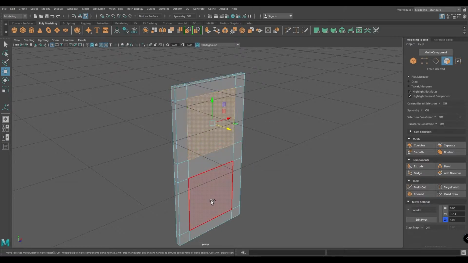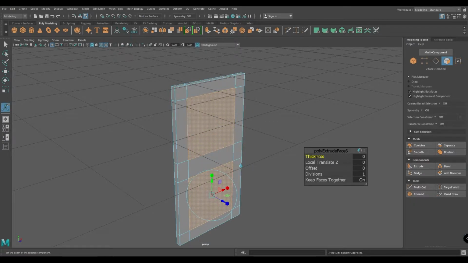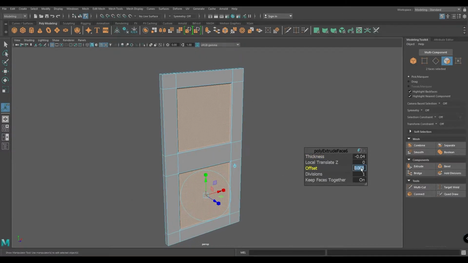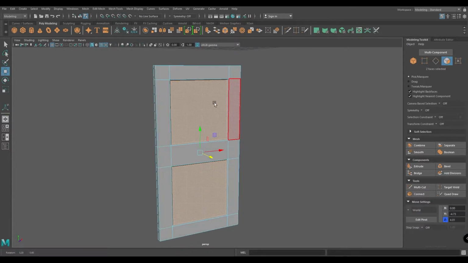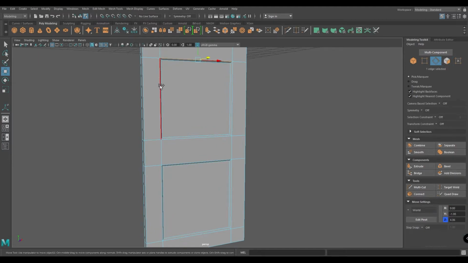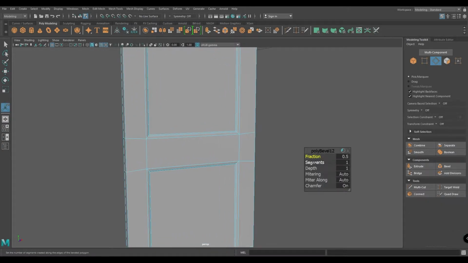And select these two faces, press Ctrl E and decrease the thickness and increase the offset to 0.05 and thickness to -0.05. Select these edges. Go to bevel, decrease the fraction and increase the segments.